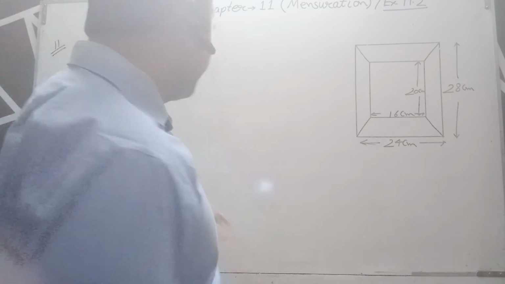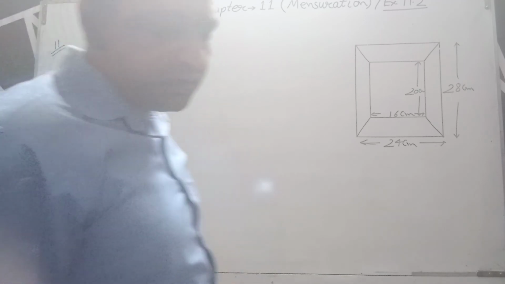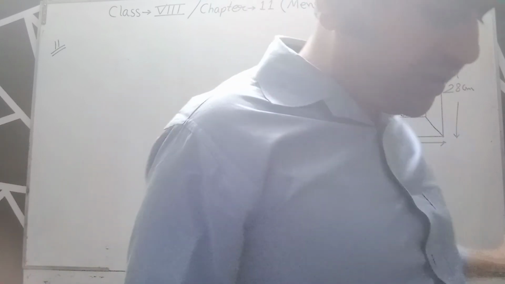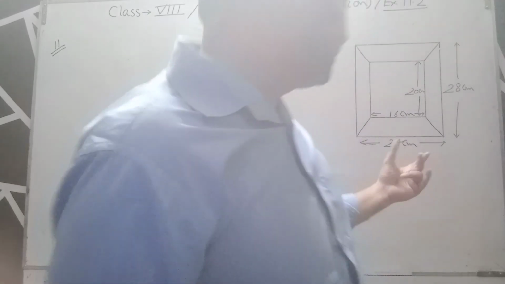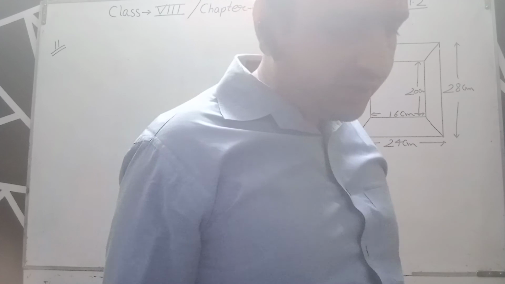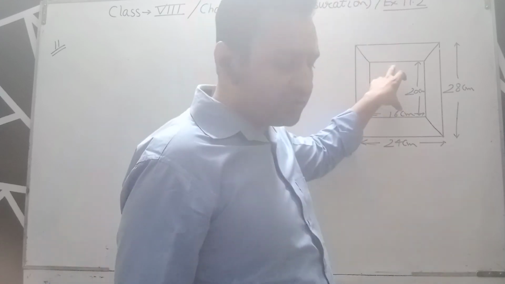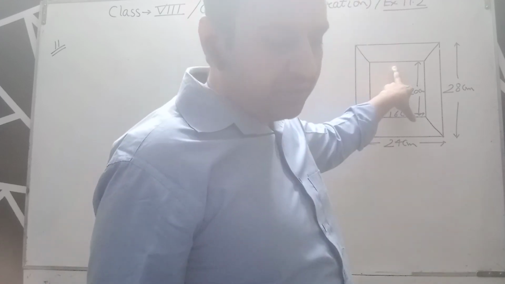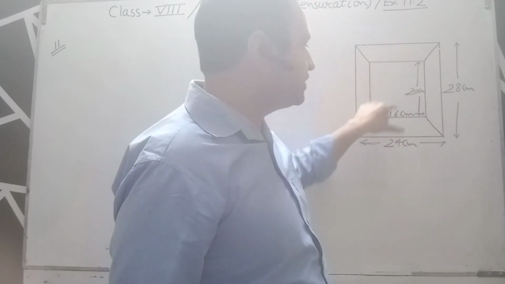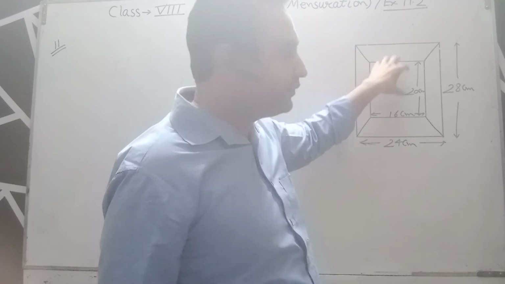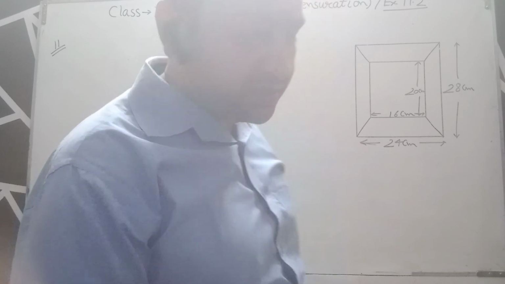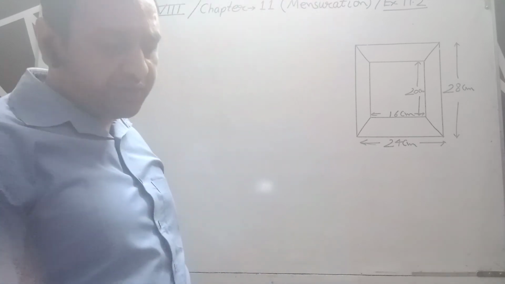Okay students, now we discuss question number 11. In question number 11, there is a diagram of the adjacent figure. Its outer dimensions are 24 centimeter and 28 centimeter and the inner dimension is 16 centimeter by 20 centimeter. Find the area of each section of the frame. The frame has a total of 4 sections, because the inside is the gap for the photo, so it is divided into 4 sections. We have to find the area of each section, and the width of each section is the same.